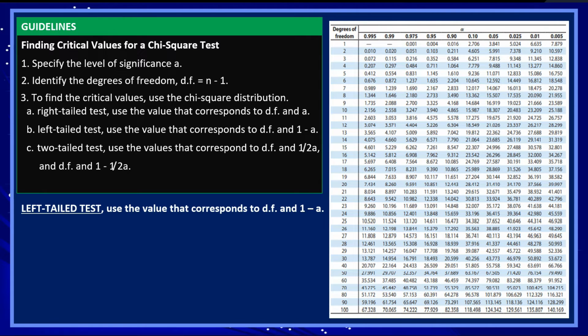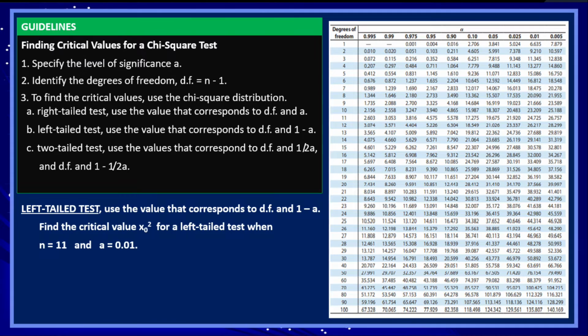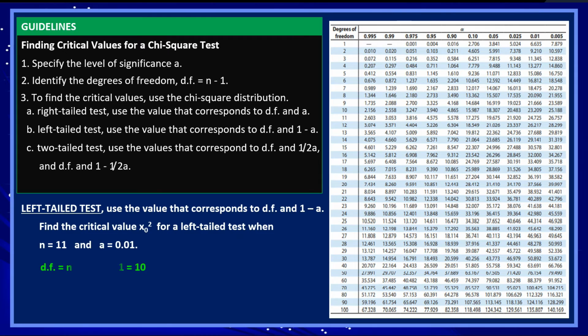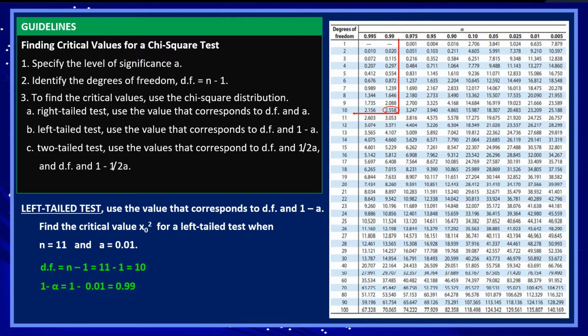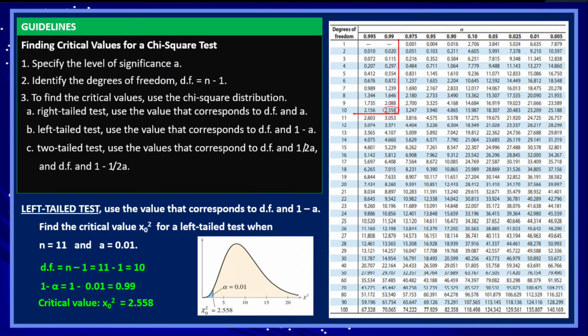Now, what if the test is left-tailed? For a left-tailed test, use the value that corresponds to the degrees of freedom and 1 minus the level of significance. For example, find the critical value for a left-tailed test when n is equal to 11 and the level of significance is 0.01. In this example, the degrees of freedom is 11 minus 1 equals 10. Since it is left-tailed, we subtract the level of significance from 1, so we have 1 minus 0.01 equals 0.99. In the chi-square distribution table with the degrees of freedom equal to 10 and the area of 0.99, the critical value is